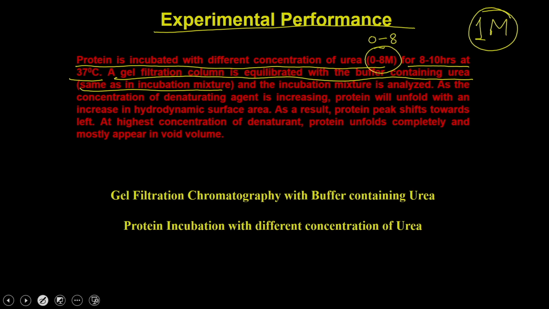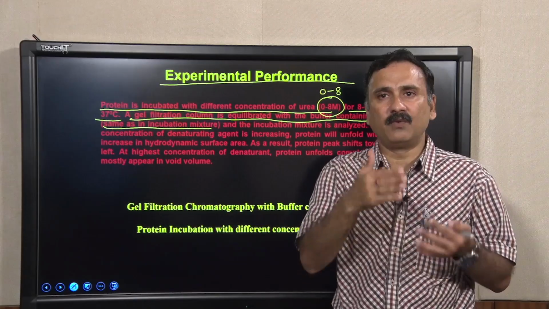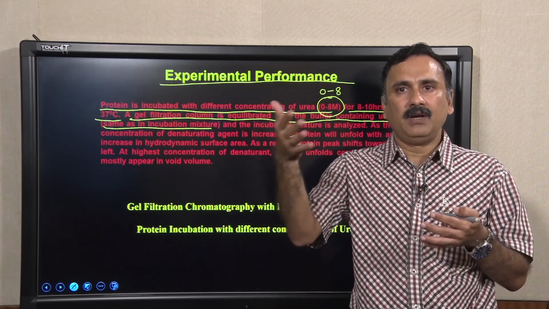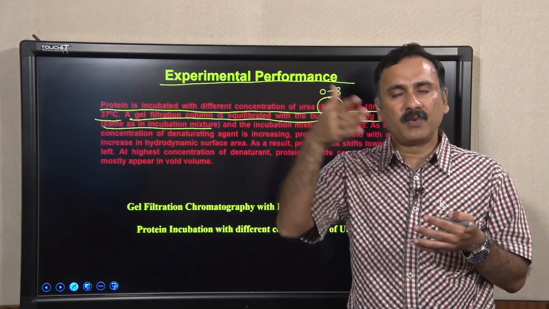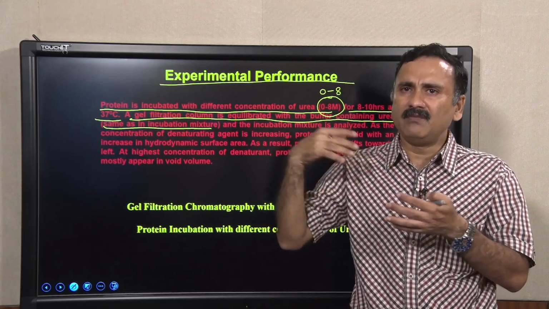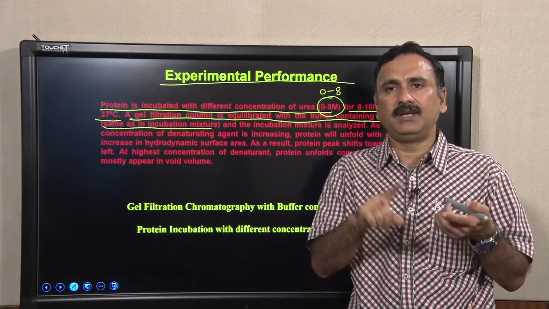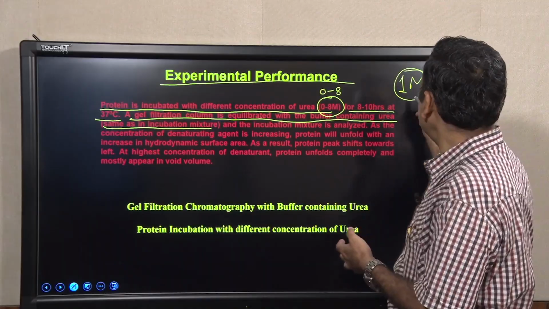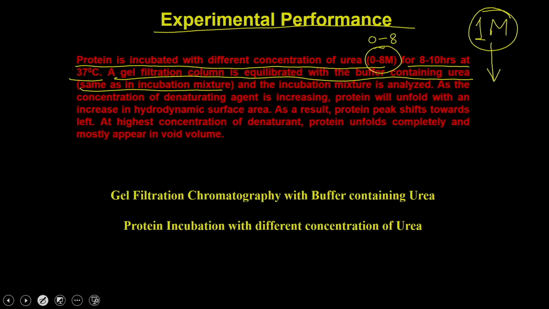that buffer also should contain 1 molar urea, so that while the protein is running through the column, it should not experience any kind of reversible folding, because you know that if you provide non-denaturing conditions, the protein will tend to fold. So, that is how it is not going to give you the real picture. So, you have to use the same concentration of urea for equilibration of the buffer and for the incubation of the protein, and then you analyze the